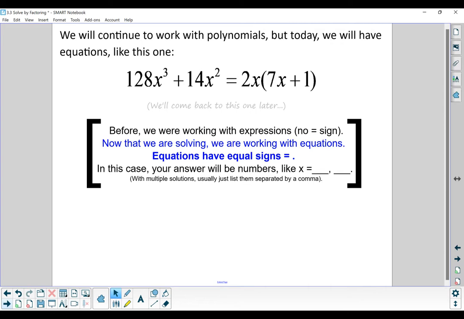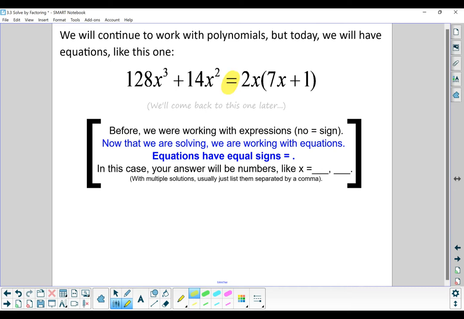So we will be continuing to work with polynomials. Like in your last lesson, you talked about factoring, and the lesson before that you talked about some vocabulary and how to add polynomials and multiply polynomials. But today we're going to have equations like this one. So equations